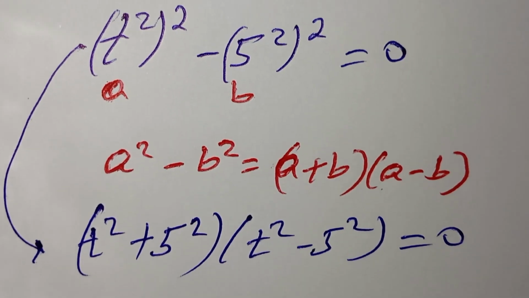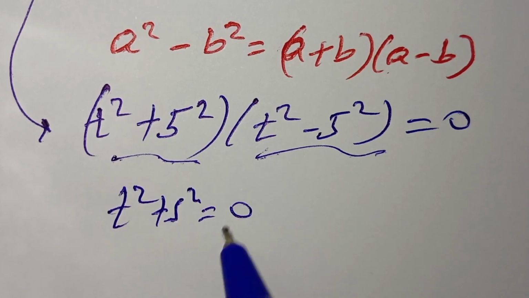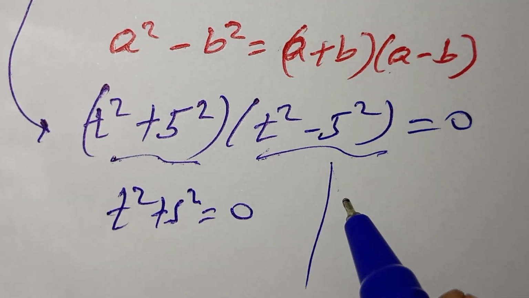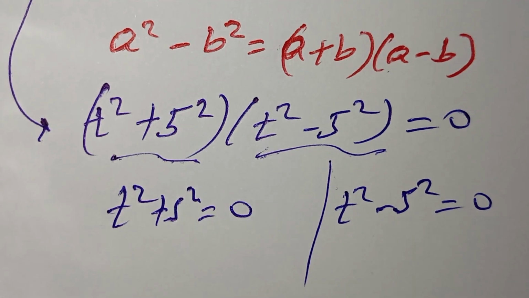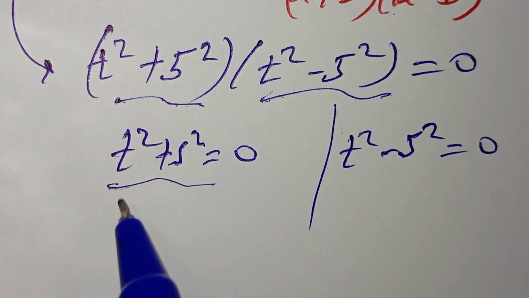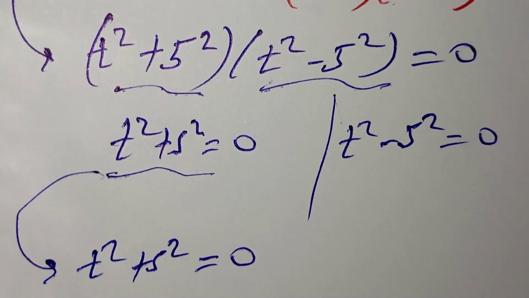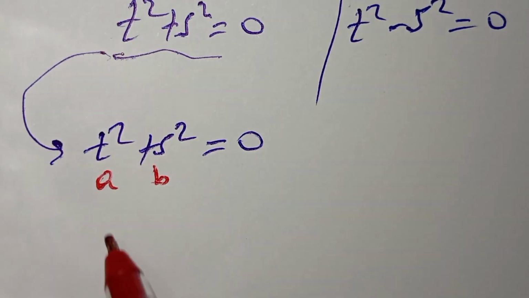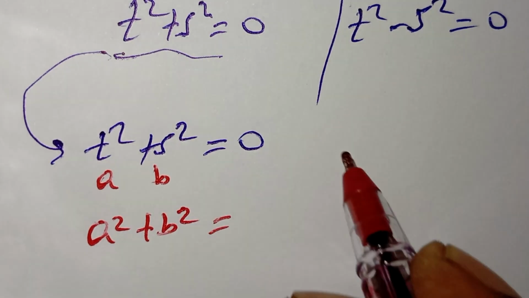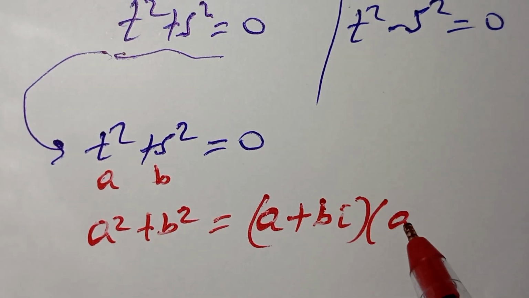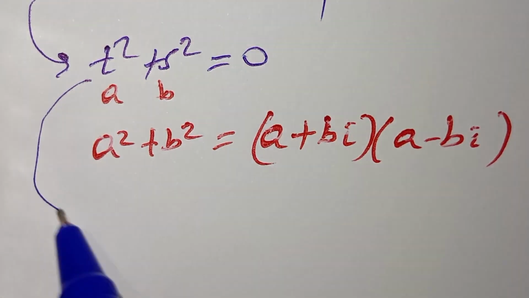So t squared plus 5 squared is equal to 0, and t squared minus 5 squared is equal to 0. We take these parts, t squared plus 5 squared is equal to 0. If it is a and if it is b, a squared plus b squared is the same as a plus bi times a minus bi. Based on this, these parts become